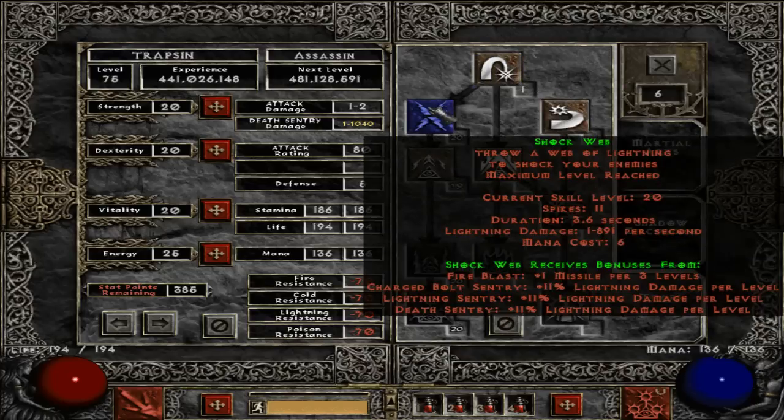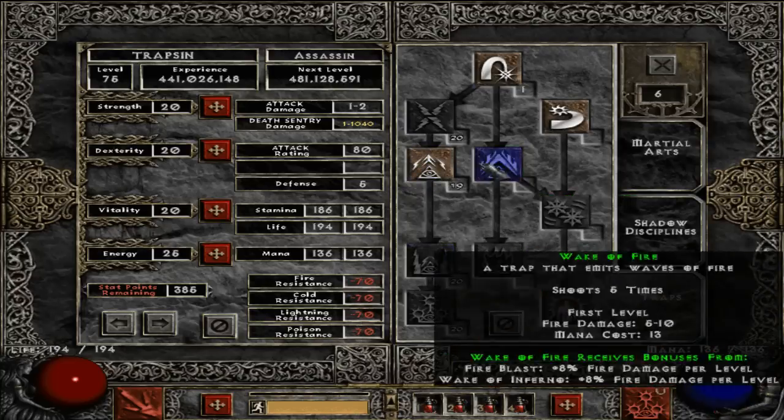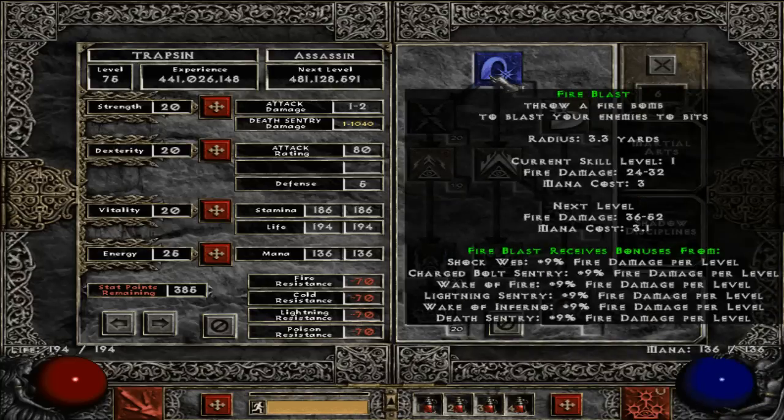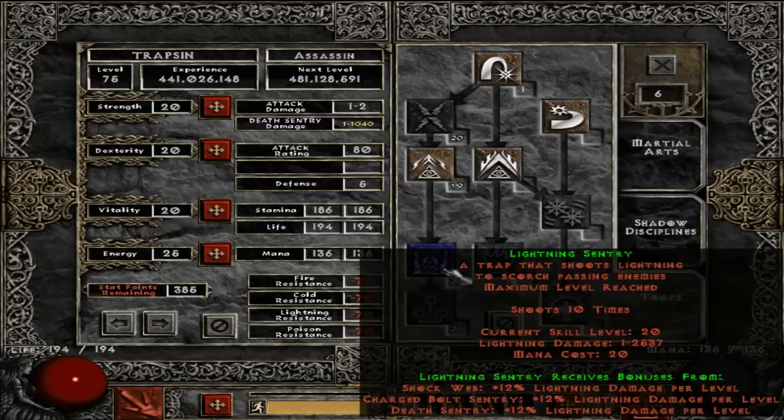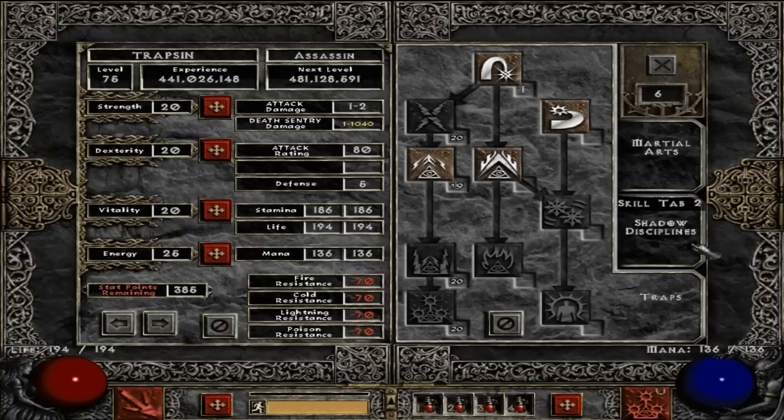You can see that it gets synergies from all of these 4 traps, which means that when this is maxed out, it'll do a lot. It'll do enough damage that you can deal with lightning immune monsters using Fire Blast, assuming that Lightning Sentry can't deal with them, or for whatever reason Death Sentry can't deal with them. But my character's not high enough level, so